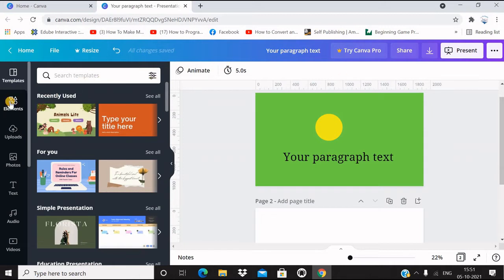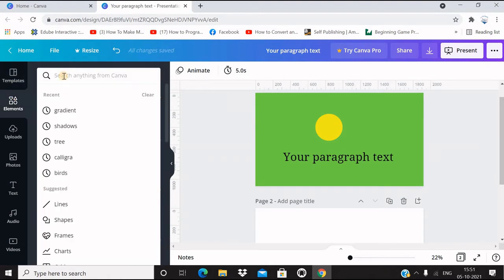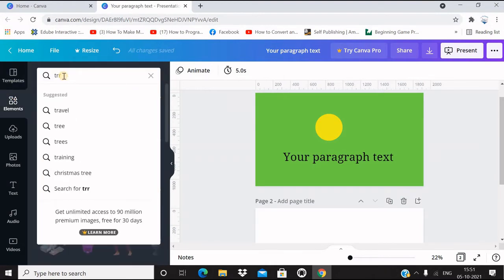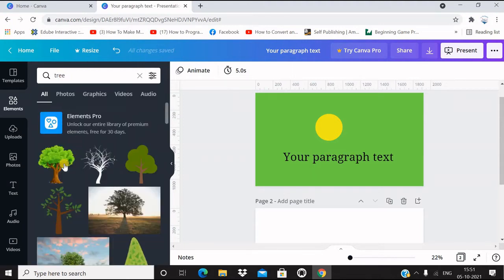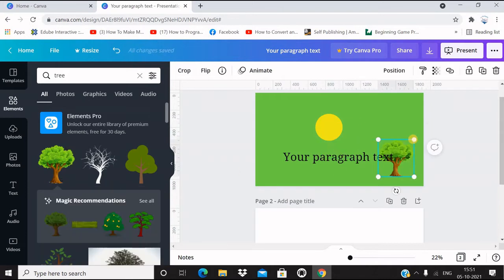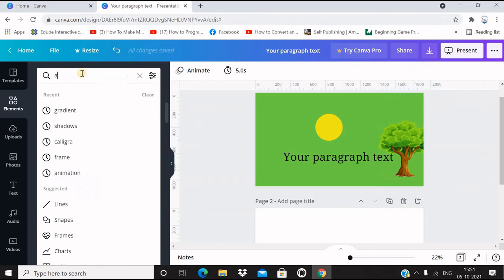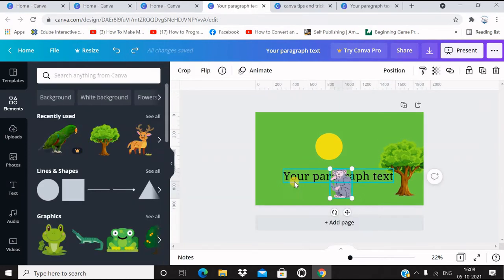Let me go to the elements, search for tree. I'll choose this tree. I'll place it here. Now I will search for animals. So I have inserted the images of a tree and a monkey here.